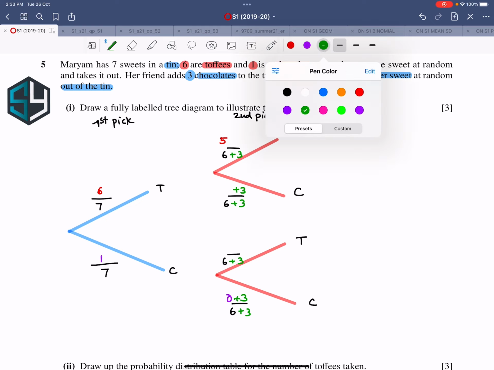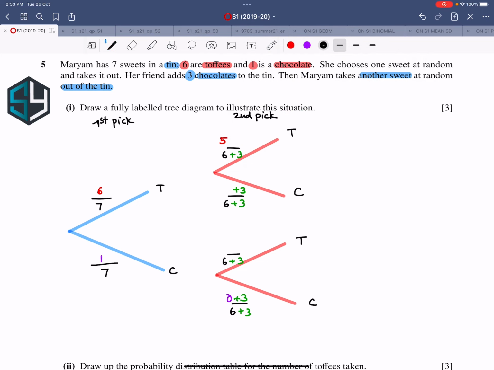If I focus on the toffee, nothing was added. Over here, this is the same thing as this one. So the numerator should have this 1 over here. That's one way of thinking. Another, easier way of thinking is that since this is 5 over 9, and there are 2 branches, this has to be 4 over 9. That is the easy stuff.